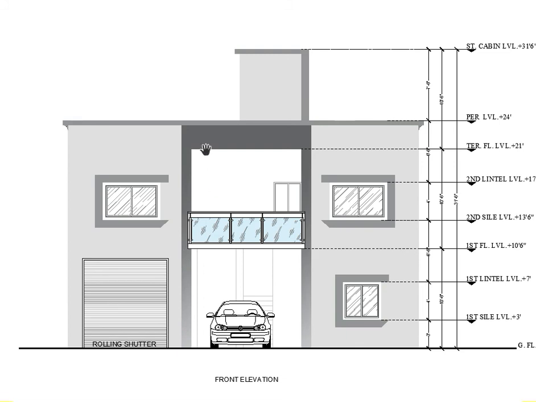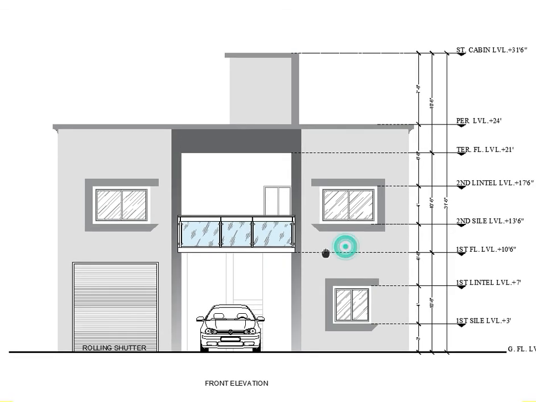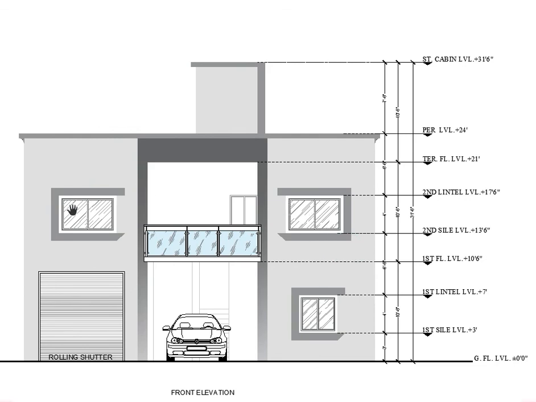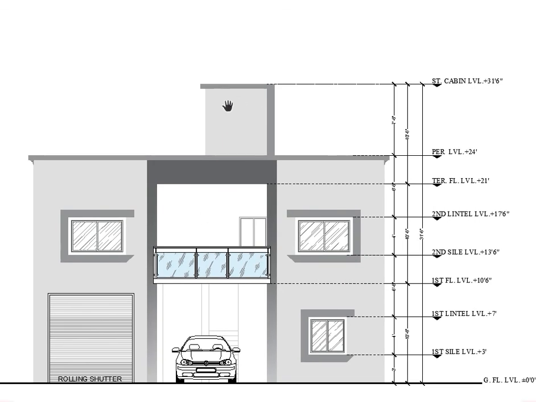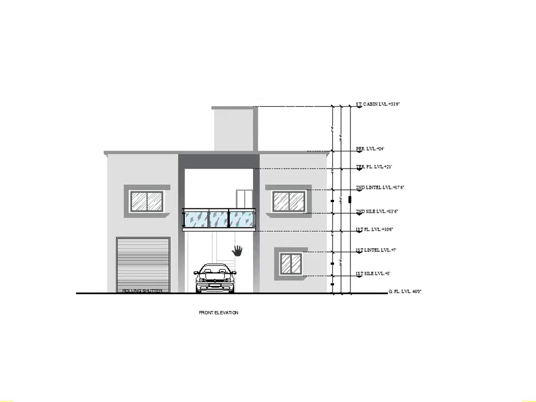As you can see, here is the darker portion, and this one is the lighter portion, because this area will be embossed towards the front direction, which is 9 inch, and this one is 0. So this is the overall slanting portion. These are the windows, we are treating them like that, and this one is the staircase cabin. So we are done here.